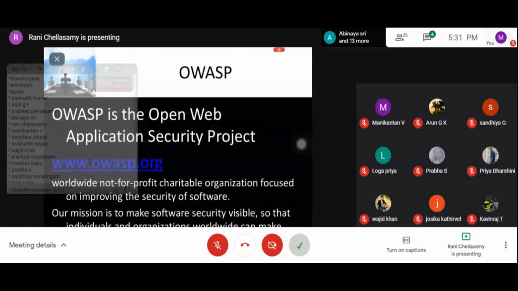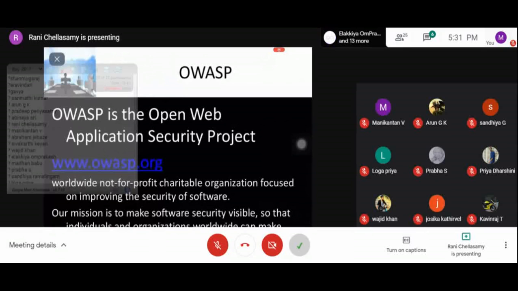The main mission of this project is to make software security visible to everyone, to individual users as well as any organization, so they can make informed decisions about software security risk.